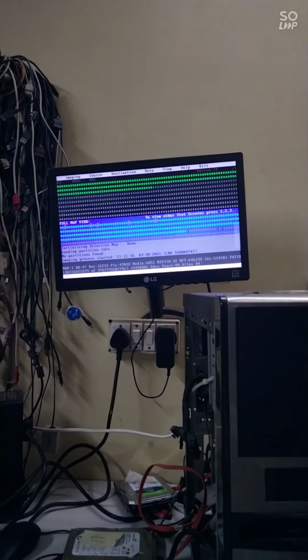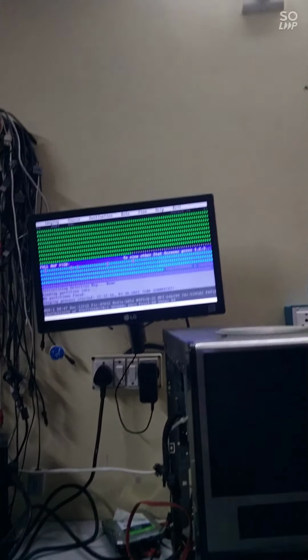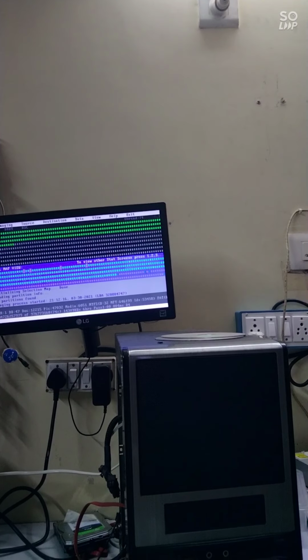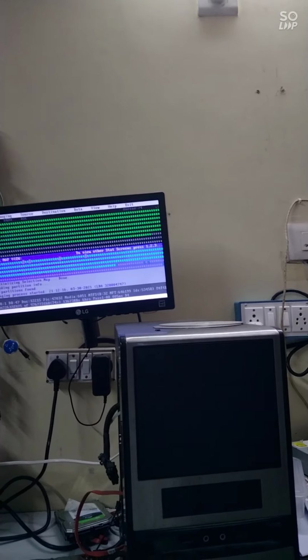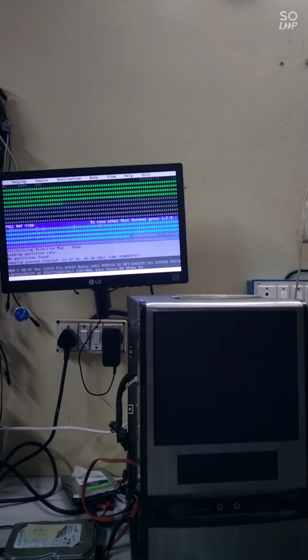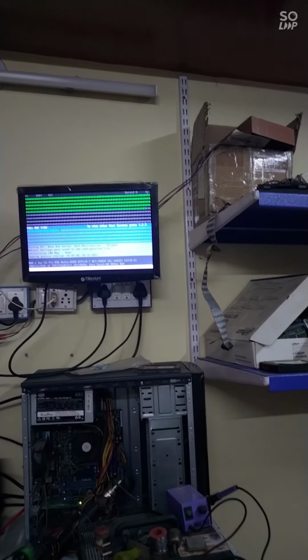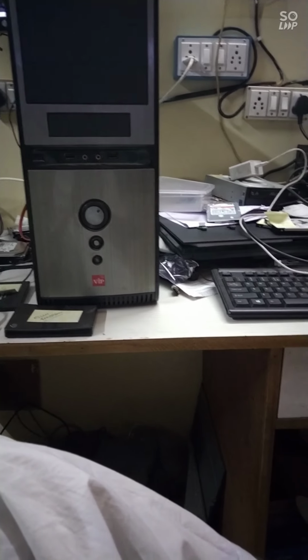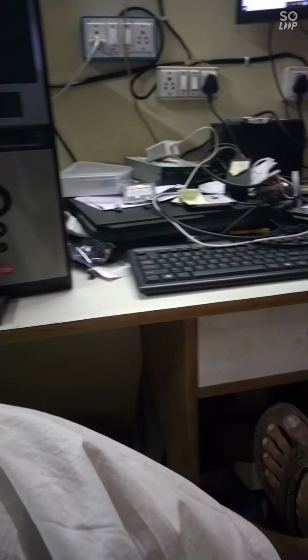Good evening friends. Today we have completed the RAID recovery, and the customer has asked for 2 copies of the recovered data. The data was nearly 20 to 22 TB, and here is the second copy of the data that was recovered. It was a wonderful thing. We could extract 100% of the data, and the data was recovered in a very smooth manner.